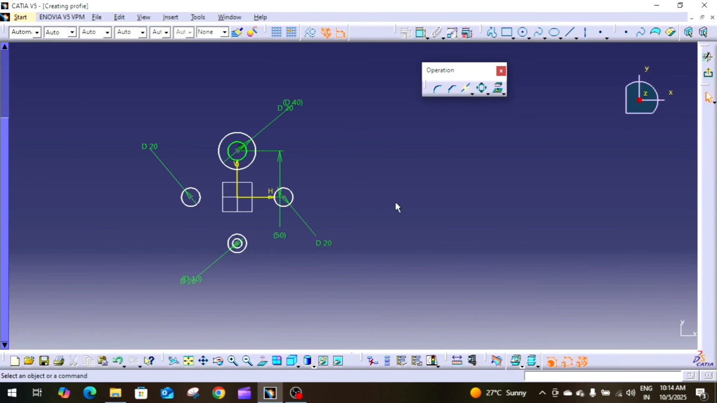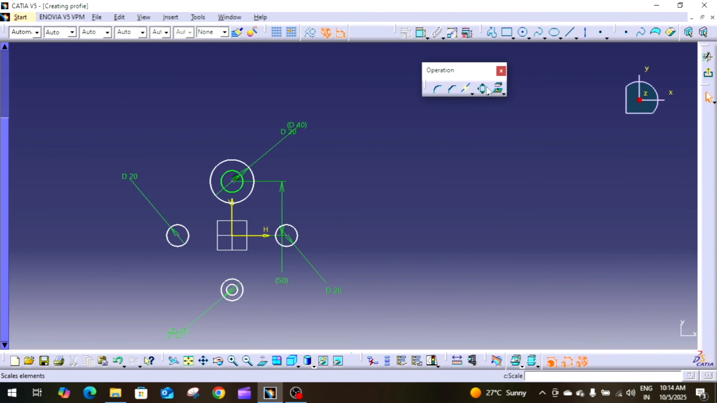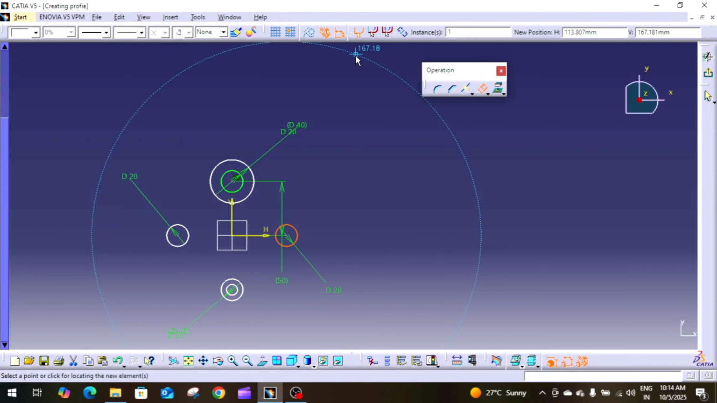Next one is offset. This is your offset option. I want to create another circle which is offset by 1 or 2 mm from this circle. Click on offset. In the flyout menu you can find different options. This is your both side offset. If you want to offset on both sides and you click here, you can see 2 lines created,